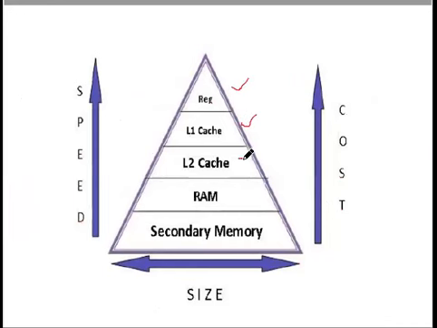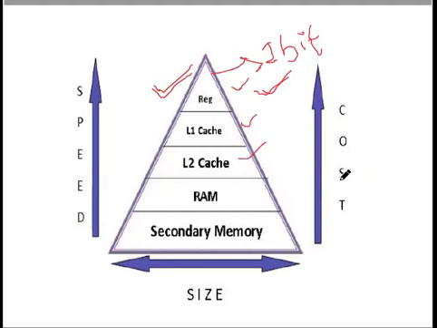Registers are the devices, as we have studied in digital electronics. A register can store a bit of information, but if we have a 4-bit register set, it can store 4 bits of information. The register is part of the CPU, part of the processor. So the lowest unit of the storage is the register, which is also the fastest unit of the storage and the costliest unit of the storage.